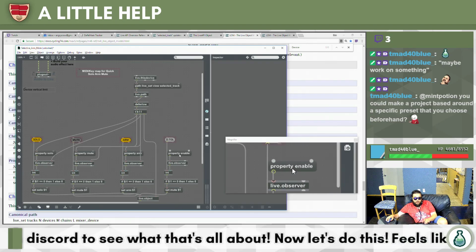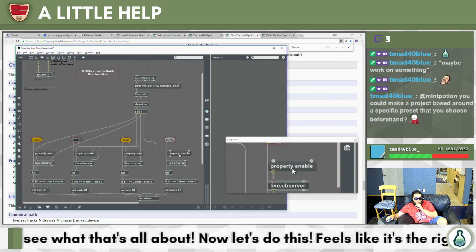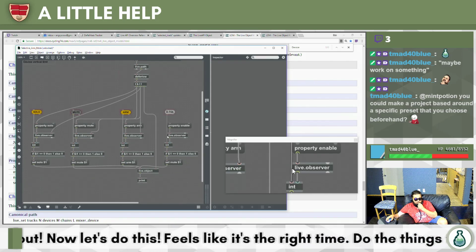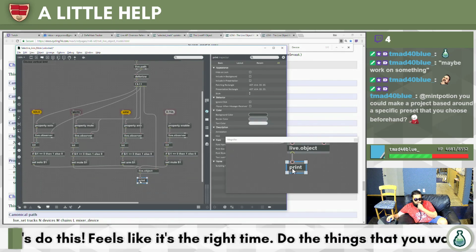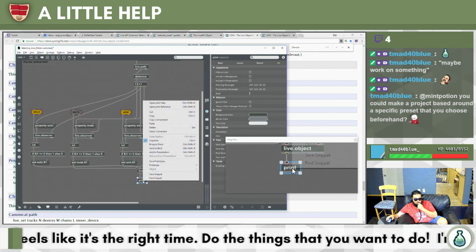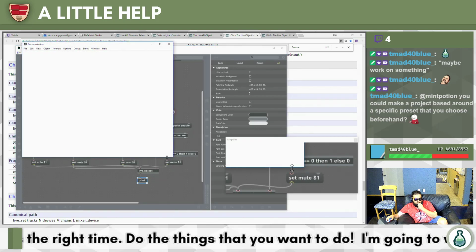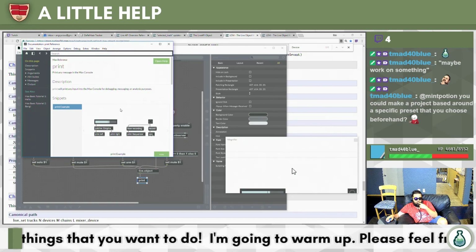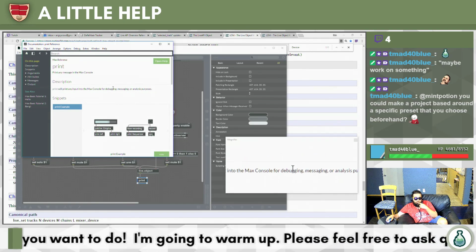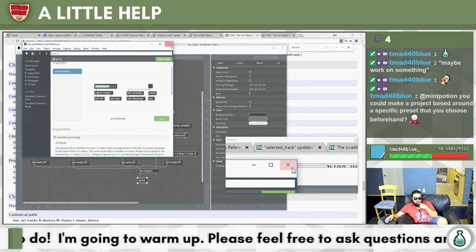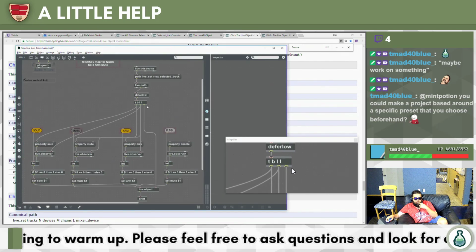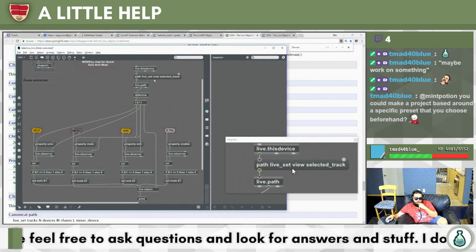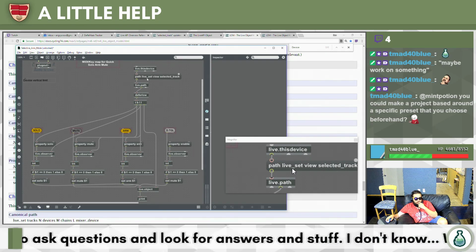But also I don't know what this information looks like. I need to be able to print that out. What does this actually print to? Let's look at the reference. Print a message in the Max console. Cool. So how about every time I have a new, oh, there's also this too. This is the path that we're actually going for.